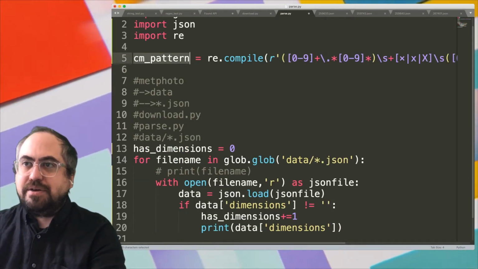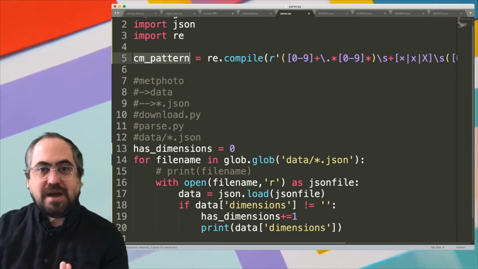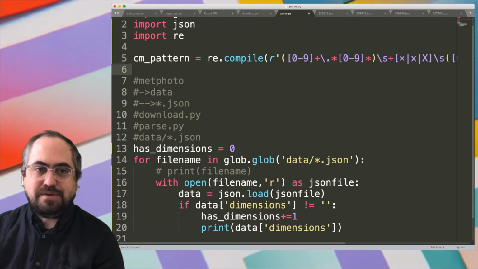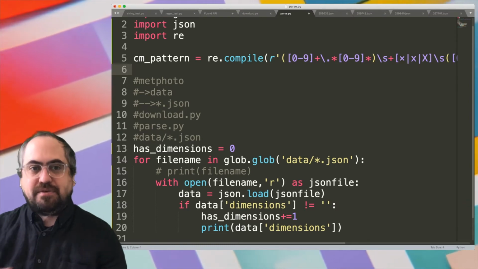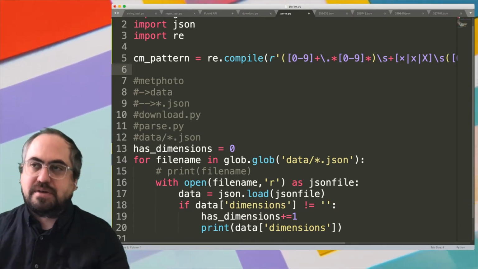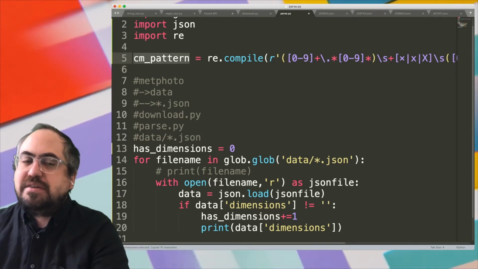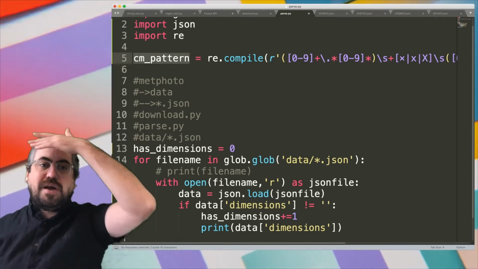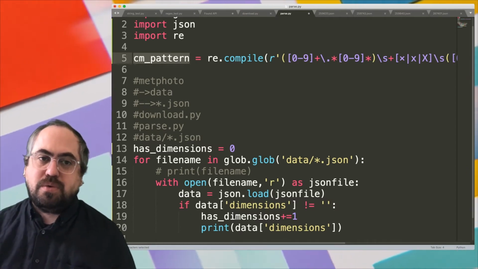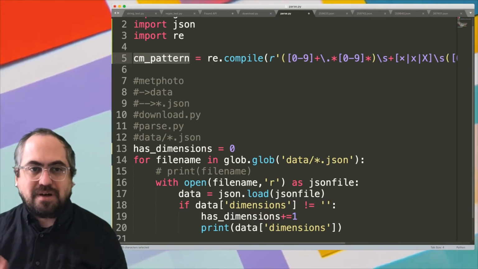So now we have the CM pattern. If you wanted to do an inch pattern, you could add that here and have a second pattern defined. And then you can test if the first pattern doesn't work, then try the second pattern, and then try another pattern, etc. So it's not necessarily that you have to write the one true pattern that matches every situation, because you can try different patterns with Python,